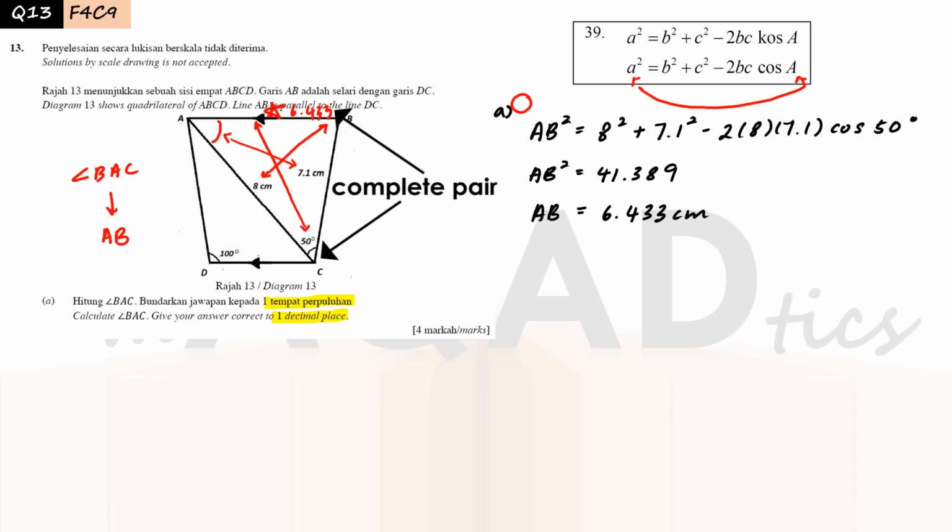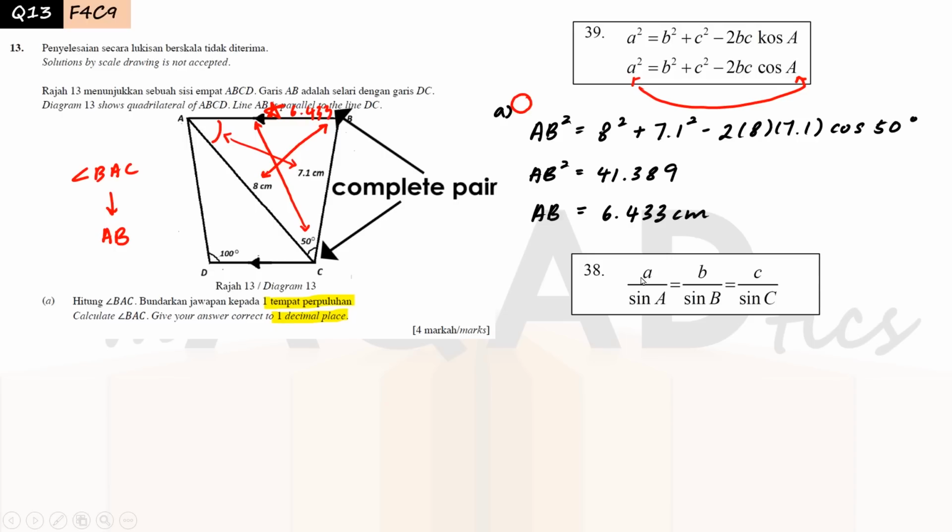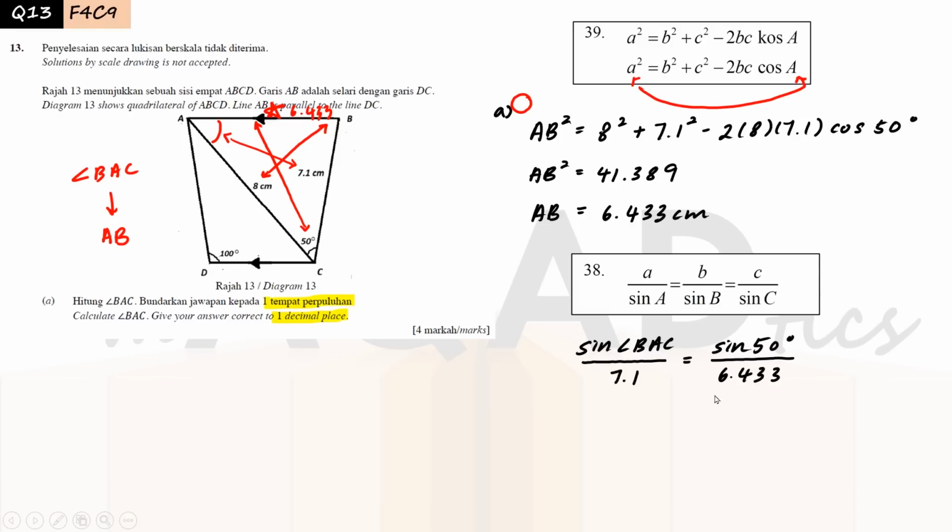Now, to find the angle BAC, we can use the sine rule to help us. For the top left, I'm going to put the thing that we are trying to find, which is the angle. So on top will be sine angle BAC, and at the bottom, I'm going to put the length of the side for its pair, which is 7.1. On the right side, I'm going to put the information from the pair that we have, so sine 50 over 6.433. Then I'm going to move everything to the right side and find the value of sine BAC, and then move sine to the other side. So our angle is